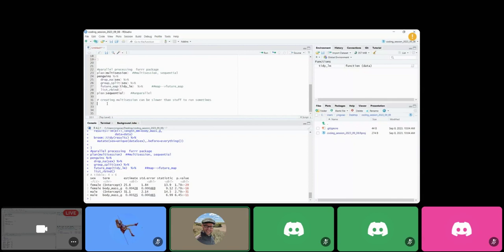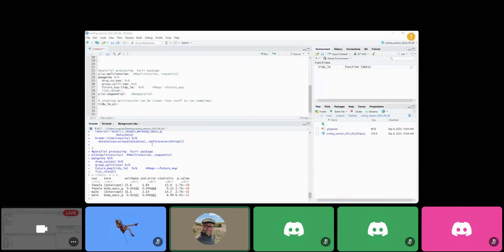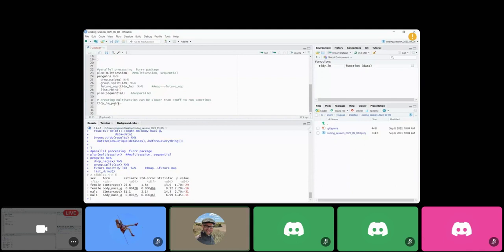And so we're going to create a new function. We're going to call it tidy_lm_x, xvar. Do we want to do xvar or do we want to do yvar? No, let's do yvar. Y V A R. V like vindictive, not D. Or violin, so yvar. And then create it as